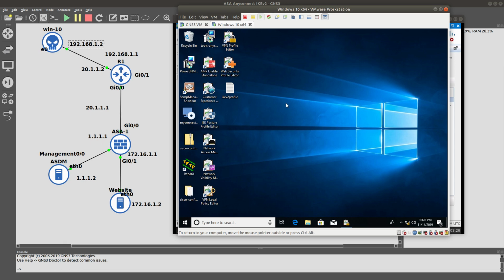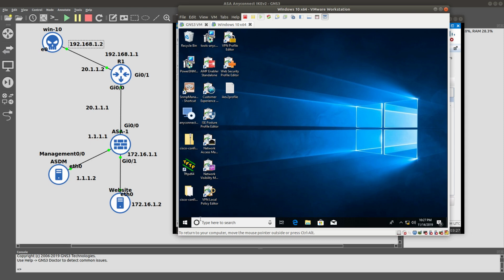Because you can reach any internal website from the browser, and it doesn't need to install anything. Since they are unable to install an application like AnyConnect, they can just use the browser via clientless SSL VPN. So now we are going to assume that the user is able to install Cisco AnyConnect, which